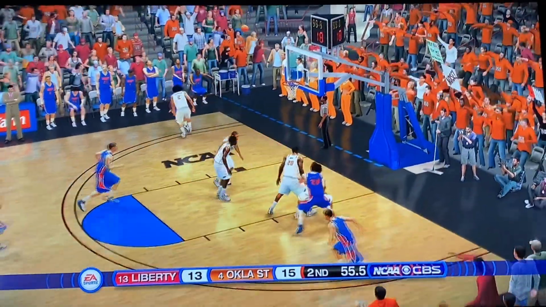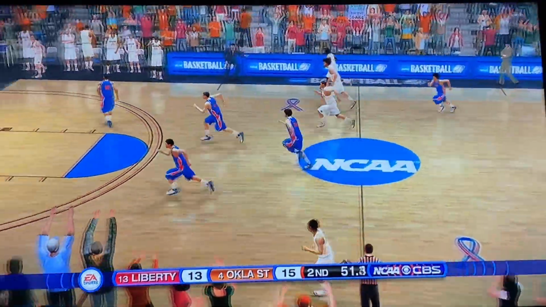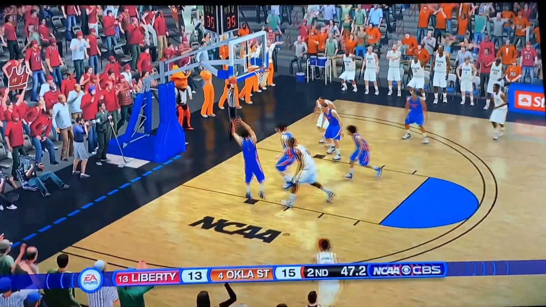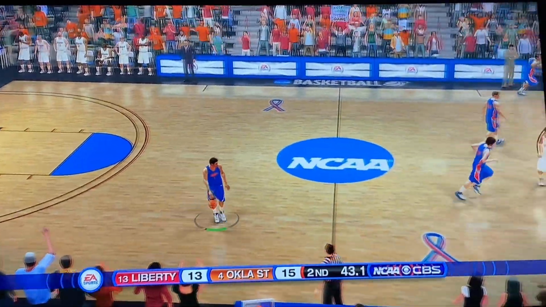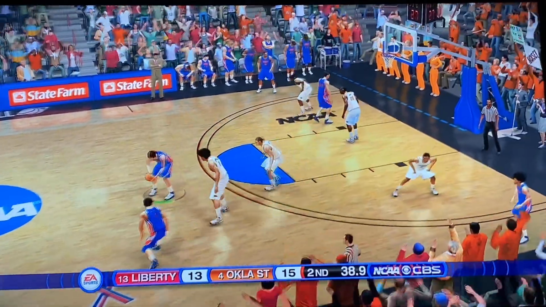Liberty moving the ball, McGee for the lead. Does not connect. He went for the 3 in the lead, but it did not fall. Oklahoma State here already firing for 3. That was a bad shot, man. Why are you shooting it so early? Just use up the clock there. Find a good shot.